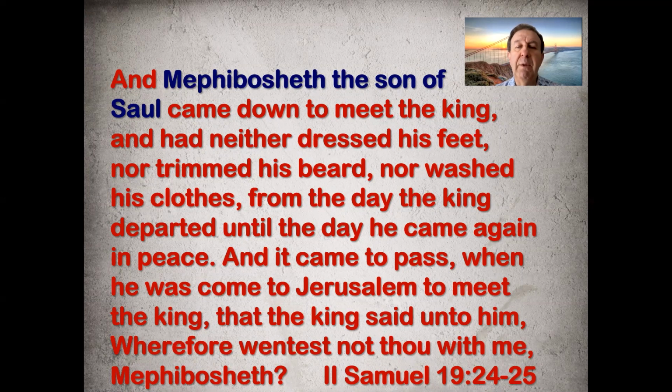And it came to pass, when he was come to Jerusalem to meet the king, that the king said unto him, Wherefore wentest thou not with me, Mephibosheth? Now, in other words, David wanted to know, where were you when those who were loyal to me went with me and left Jerusalem instead of waiting around? And we remember that Ziba had told David that Mephibosheth was just sitting there waiting for Absalom to get there and hoping that wrongs would be corrected when Absalom got there,